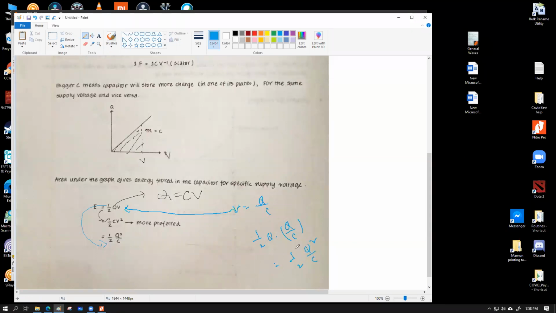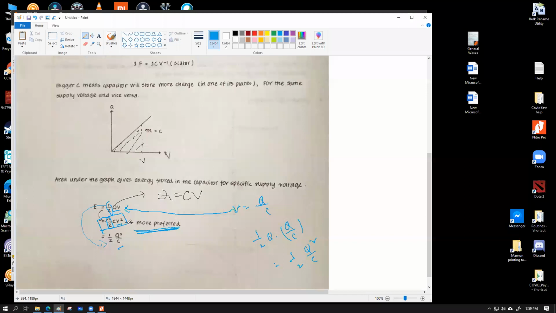Some people can also write this as Q squared by 2C. That's perfectly okay. I prefer to write it in this version because that way I can think in my head that the half is exclusive and all of these things are having interchangeable values. Here we have one expression that is more preferred. This is more preferred because